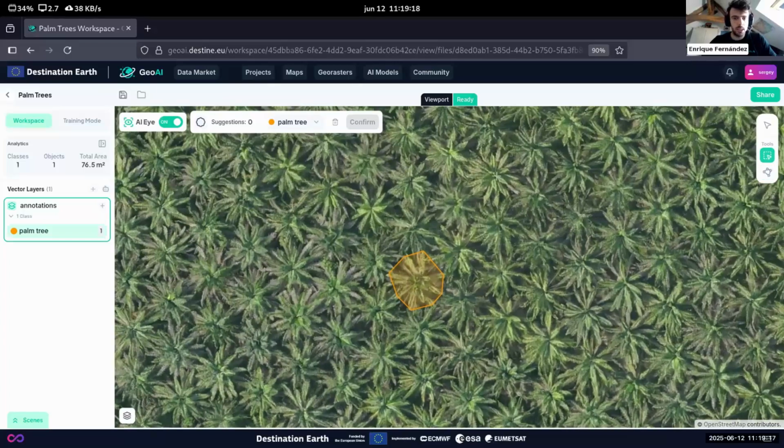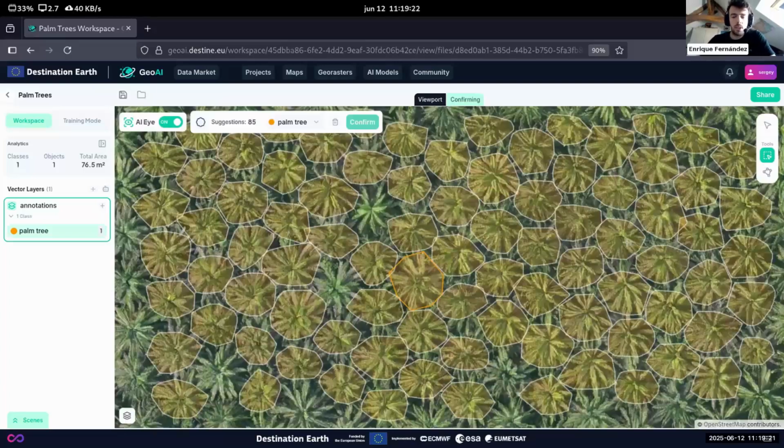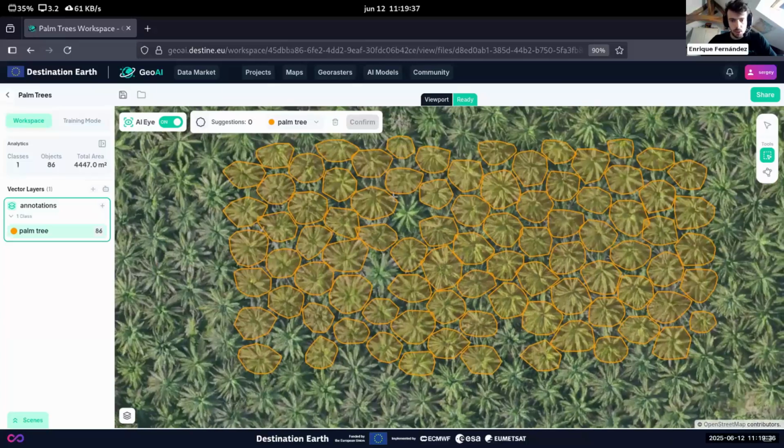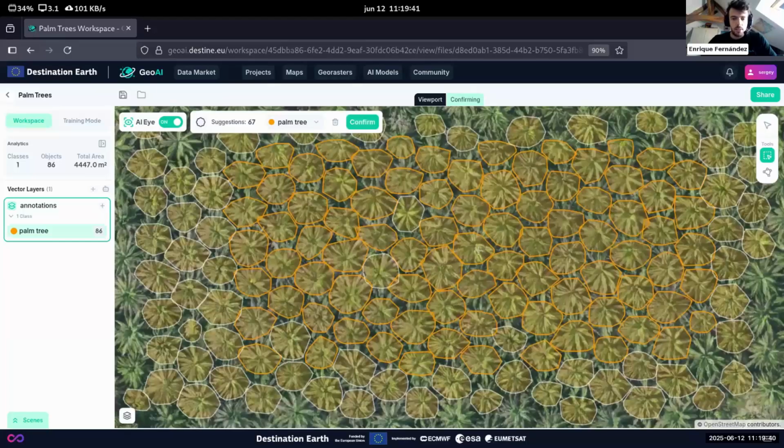Here, what we can do is simply say, hey, this is a palm tree. And if we wait for a couple of seconds, it actually finds all similar objects to the one that we just showed. I think it did a pretty good job. It's not perfect. It missed a couple, but we can try again. So I'm going to try again with this one, and it did a good job. It filled this area quite well.